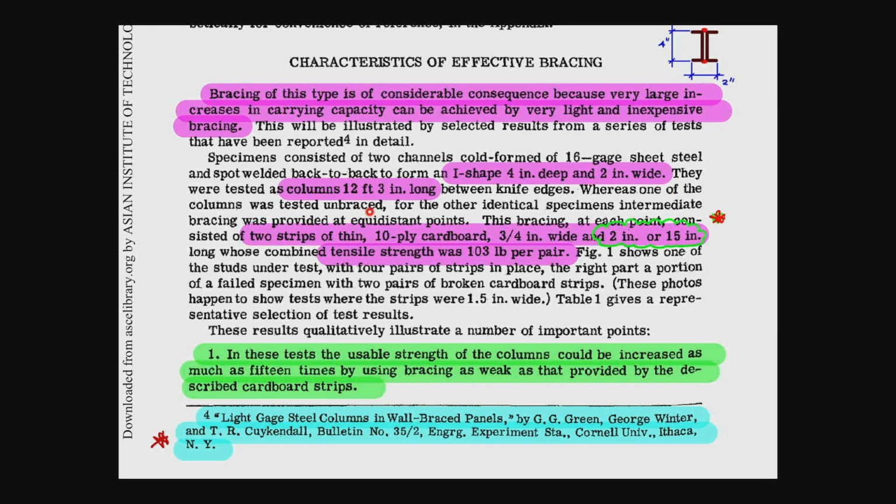one of the columns was tested unbraced. So this one is the control specimen. One of the columns was tested unbraced. So the control specimen, they let it buckle at the low axial force because it is not braced. For other identical specimens, identical means the I-shaped cross section is identical in the geometry, intermediate bracing was provided